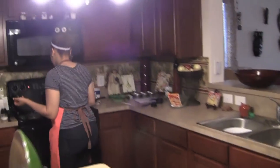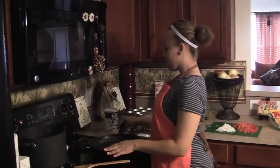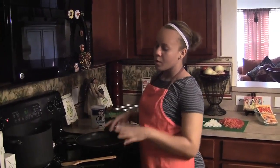So we're going to check these grits, see how they're doing. They're looking good, and as you can see, they're already thickening. It doesn't take long for them to thicken at all. So now we're going to start our shrimp sauce. So we've got our shrimp,